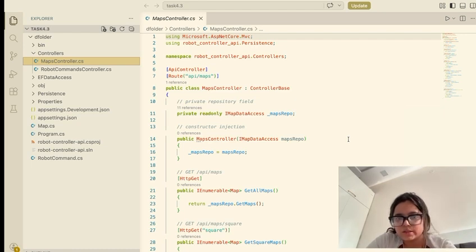Separate repository classes, command robot command EF and map EF, were created to implement the interfaces IRobotCommandDataAccess and IMapDataAccess, ensuring loose coupling and adherence to the dependency inversion principle. Dependency injection was configured in Program.cs so that the controllers could work with the interface instead of the concrete implementation, making